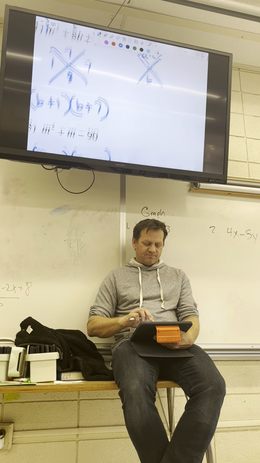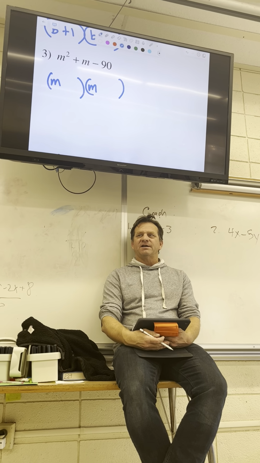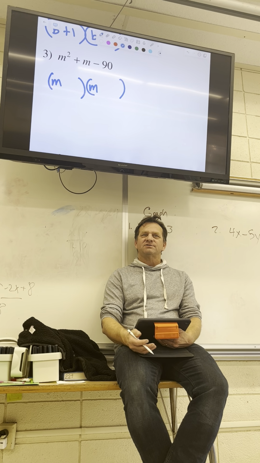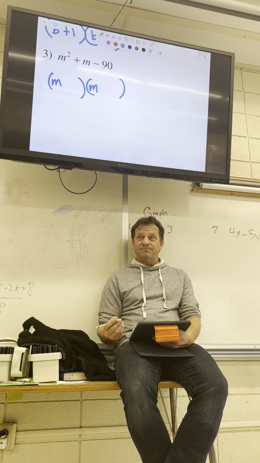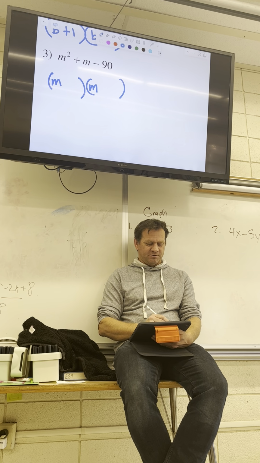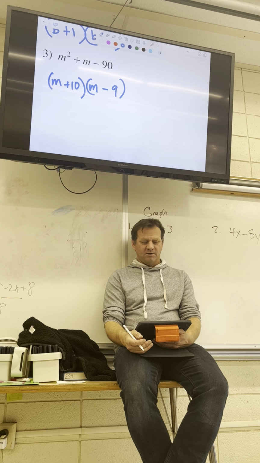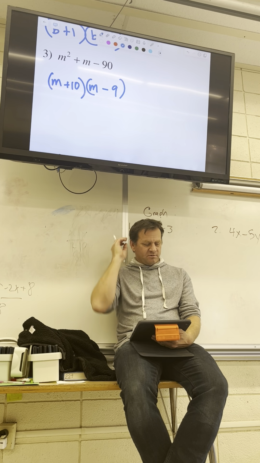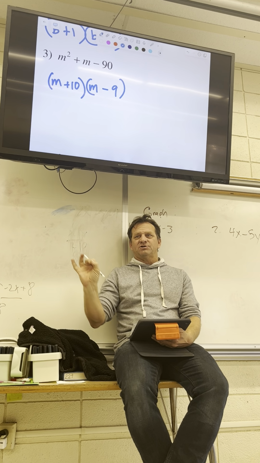Okay. So, anybody figure it out? Multiplies to negative 90, adds to 1. Lucas, what do you got? Negative 9 and 10. Negative 9, positive 10, and it doesn't matter which order you do it in. There it is. Those are the factors. Negative 9 plus 10 is 1. So, look, if you want to check your work, just to be sure,